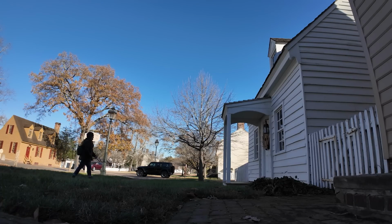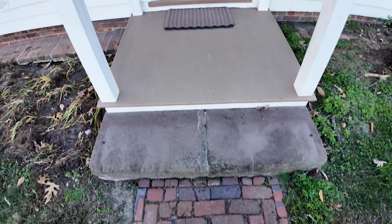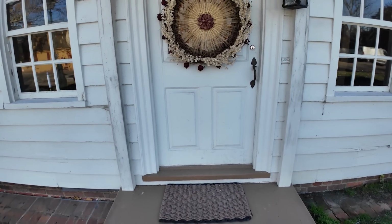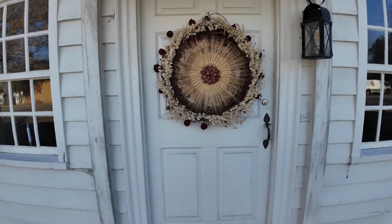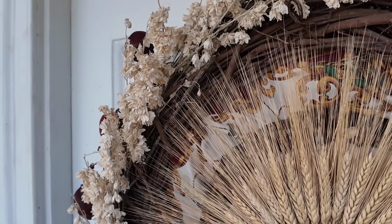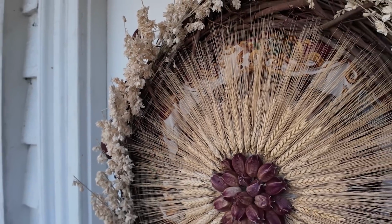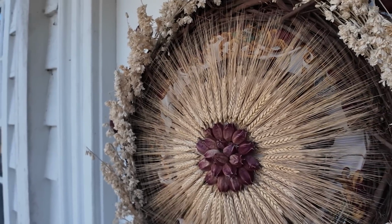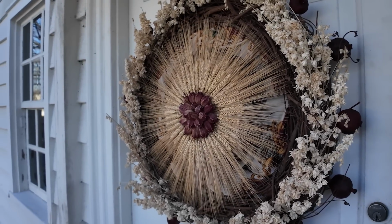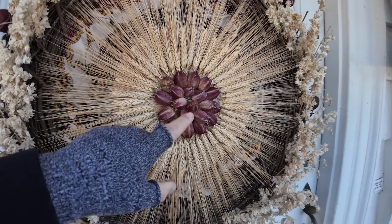And what is this? It looks like it's got, is that dried artemisia around it? Kind of looks like it. Maybe. And then it's like a grapevine wreath. There's some wheat. Looks like there's like a silk scarf or some kind of fabric behind it. You see? Oh, yeah. This year's unique wreath at the entrance reflects the timeless customs Colonial Williamsburg has celebrated since wreaths first adorned its doors in the 1930s. What's that in the middle? But they do have like a spiky